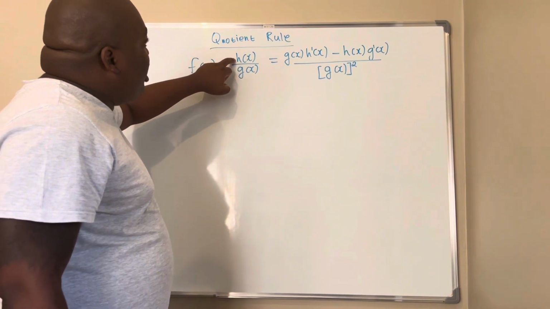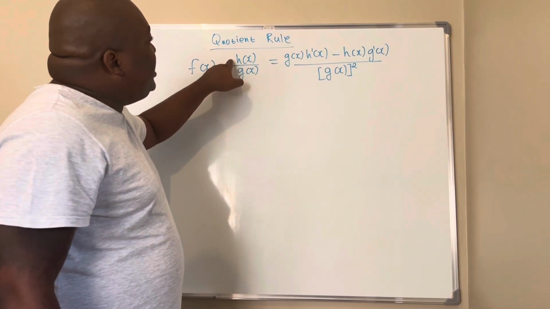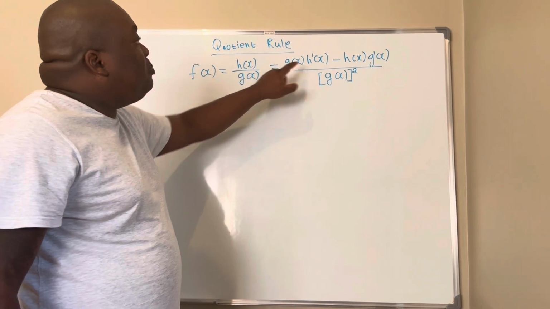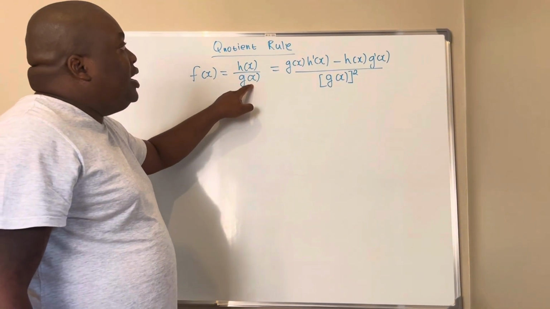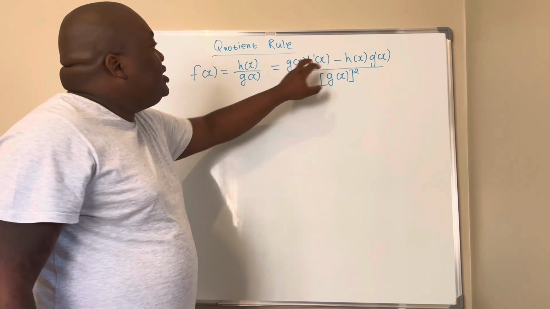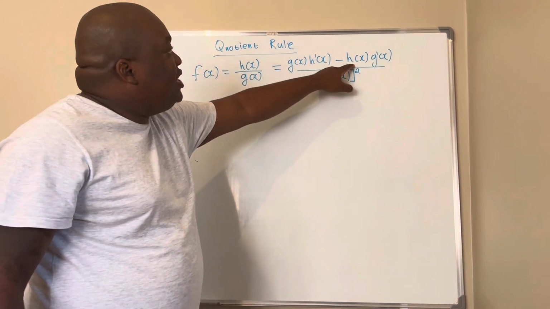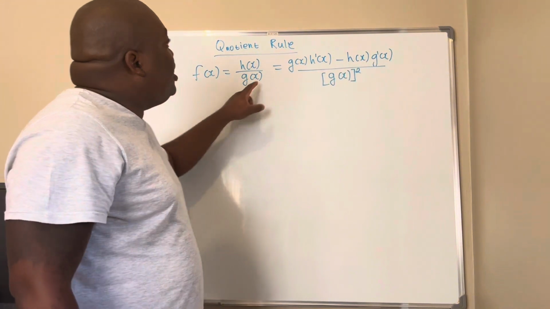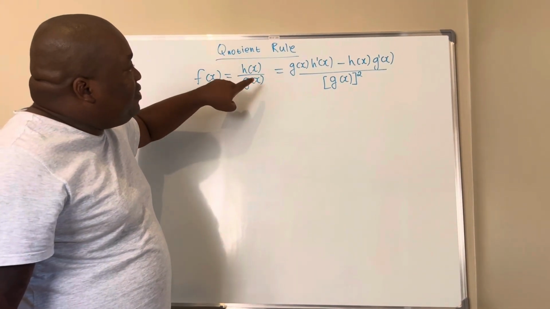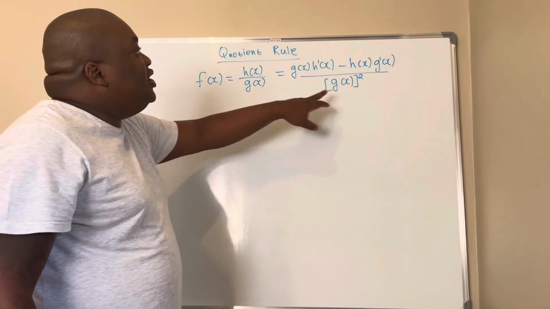H of x, you take the derivative of it, which is h prime of x, multiplied by the denominator. Now you subtract. Take the numerator h of x multiplied by the derivative. So in other words, you first derive this one, then you come to derive this one, and then you square